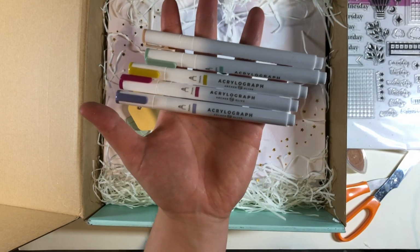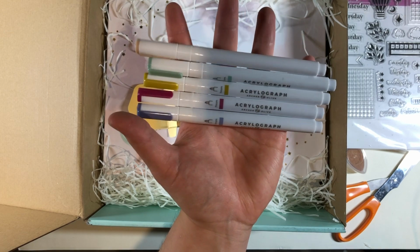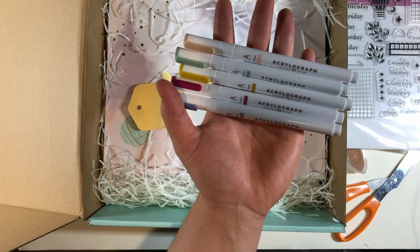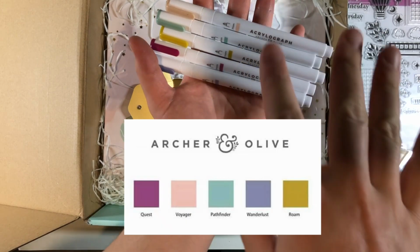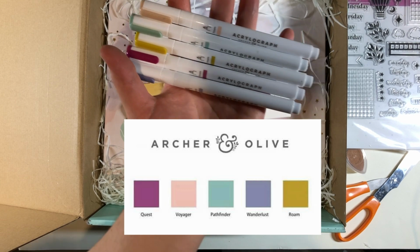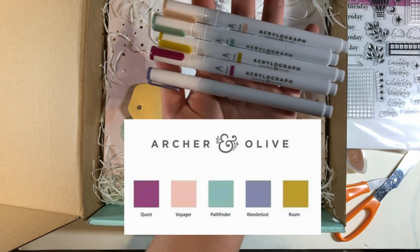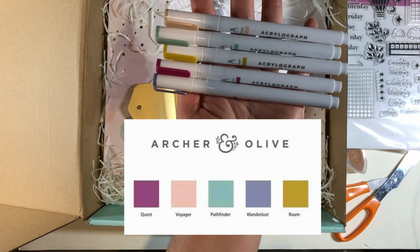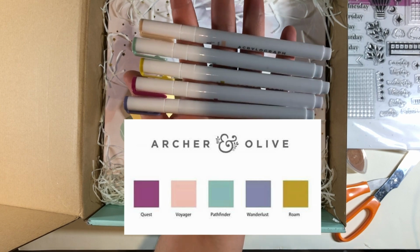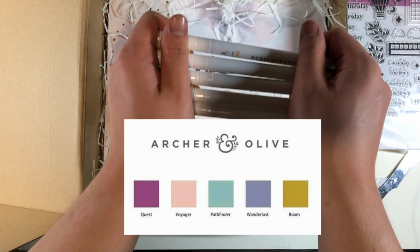I don't have the names of these, but I know that Archer and Olive posted the names of these online somewhere, and I will put that here while I'm editing this video. So those are the names of this set of acrylograph pens. I haven't exactly found the time yet since I've been so busy at work, but soon I will be doing